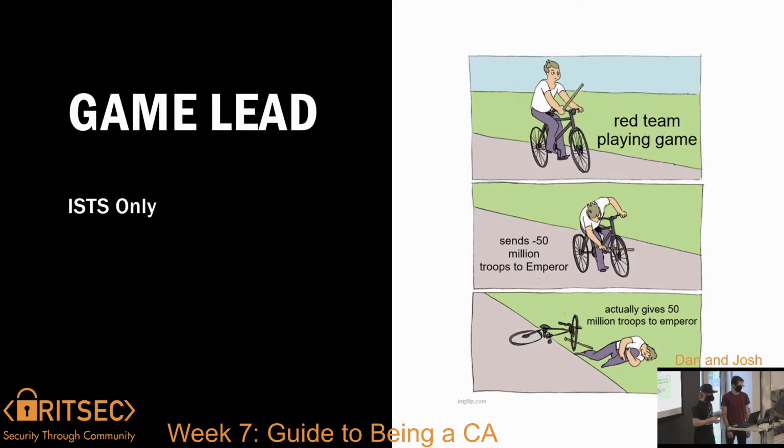I recommend incorporating other parts of the competition into it if you can. And for your game lead, you're going to want somebody generally who's pretty good at web dev, because we have a pretty solid web backend now. They need to be able to create an application that the teams can interact with in the environment. So this is really a developer position. Every year it's involved writing some amount of code, usually a web app, and it has to communicate with the competition environment. So those are my thoughts on game lead.